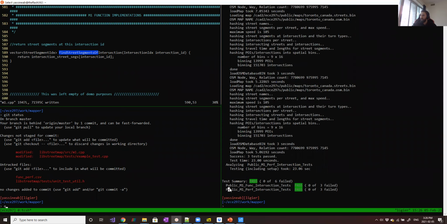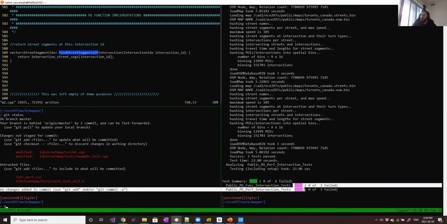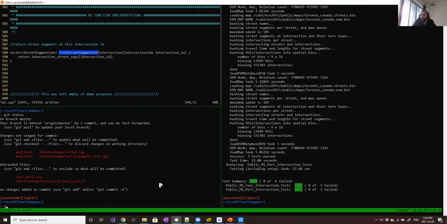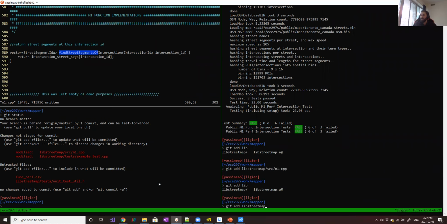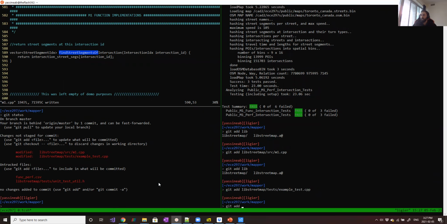Okay, so basically it tells us that it finished the test with passing both functionality and performance, which is good. So now I want to basically push the changes of my local repository to the remote one, so my teammates can see that the function has already been implemented and it passes everything. So the first thing we want to do is add all the files that we've changed. So git add libstreetmap source m1.cpp, git add libstreetmap tests example test.cpp, git add